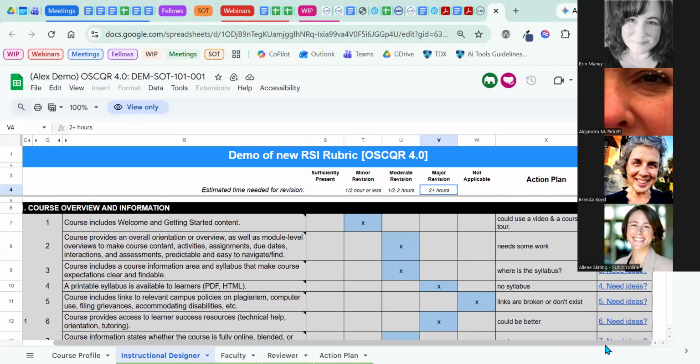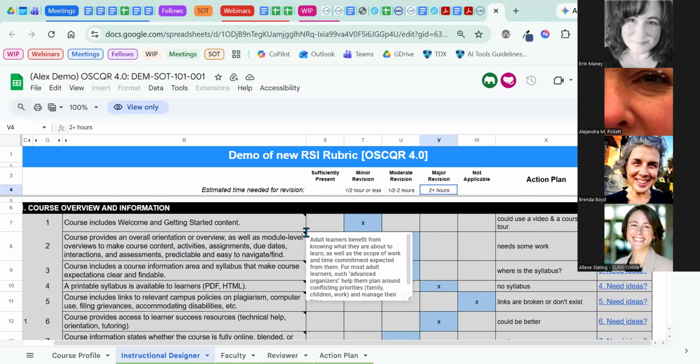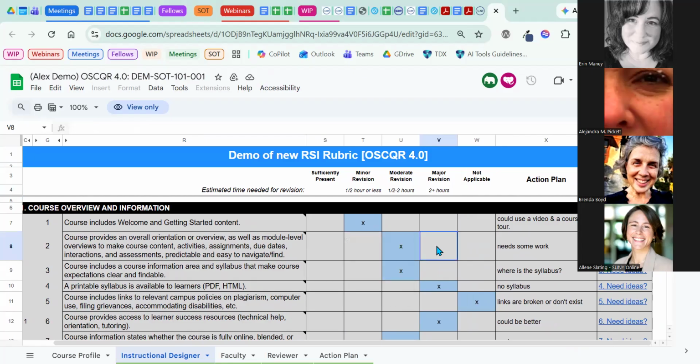And the two things that we do are identify important and essential, and we also rate each standard according to how much time it would take to complete. Again, it's non-evaluative, so it's really looking at how much time it would take someone to address this fix or this improvement, and that is intended to help faculty and instructional designers prioritize improvements to a course. So depending on your context, time might be an issue. If you only have 3 weeks before the course goes live, you're going to want to hit things that are going to have the highest impact and take the least amount of time.